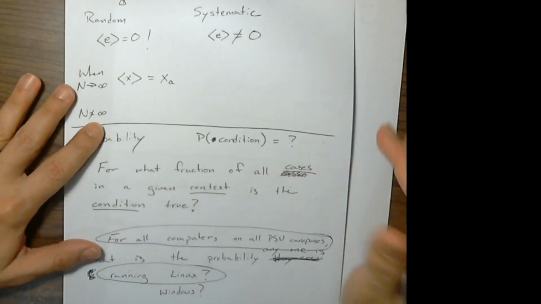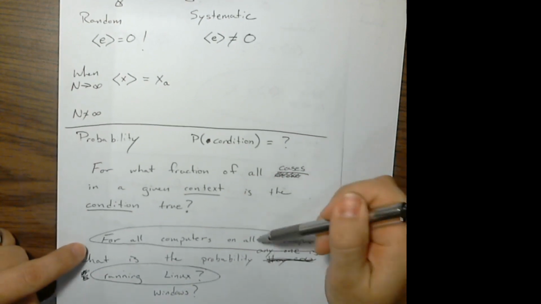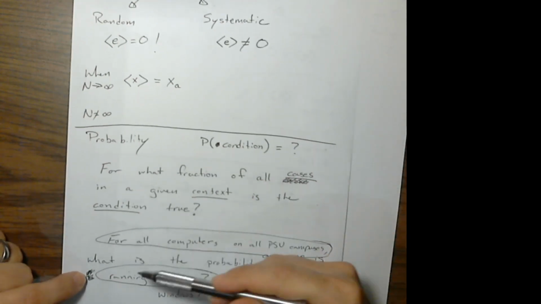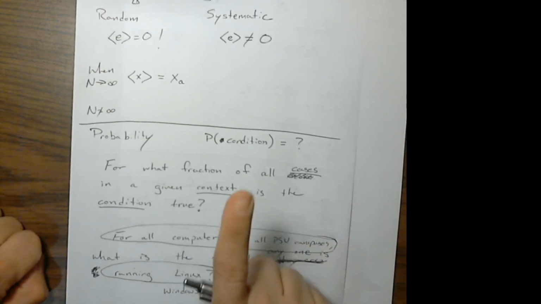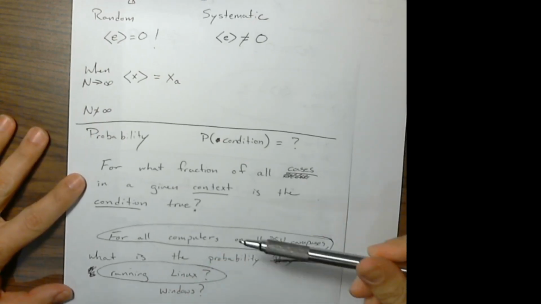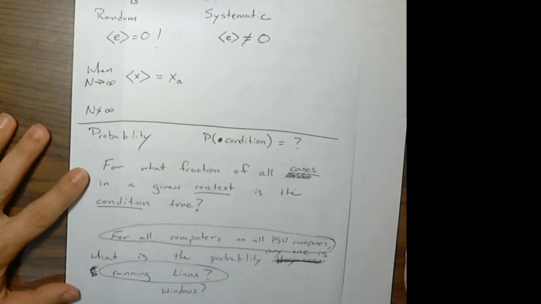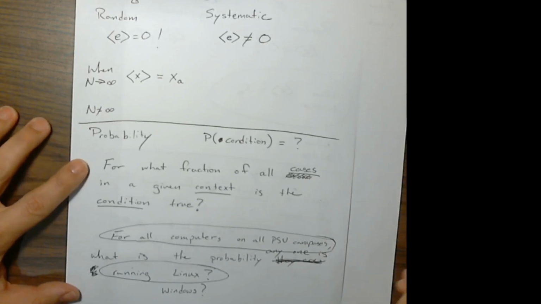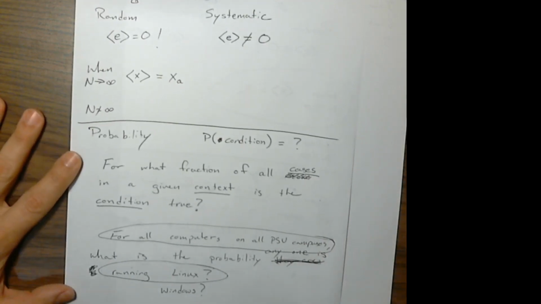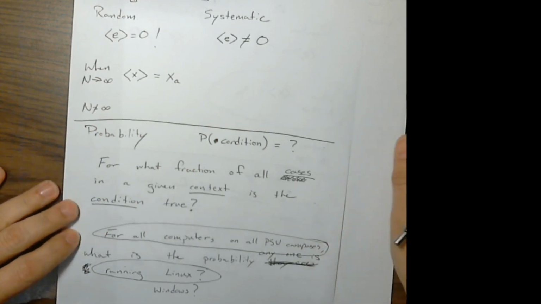Just to give a quick example of how much context matters: if we repeat this and say, for all computers in my household, what is the probability that anyone is running Linux? The answer is 1. Well, my kid has some Apple stuff, so we'd have to call that a flavor of Unix. But what is the probability that it is running Windows? Goose egg, 0. There is no probability of a machine in my household running Windows, unless my wife brings her work computer home. But you get the point.